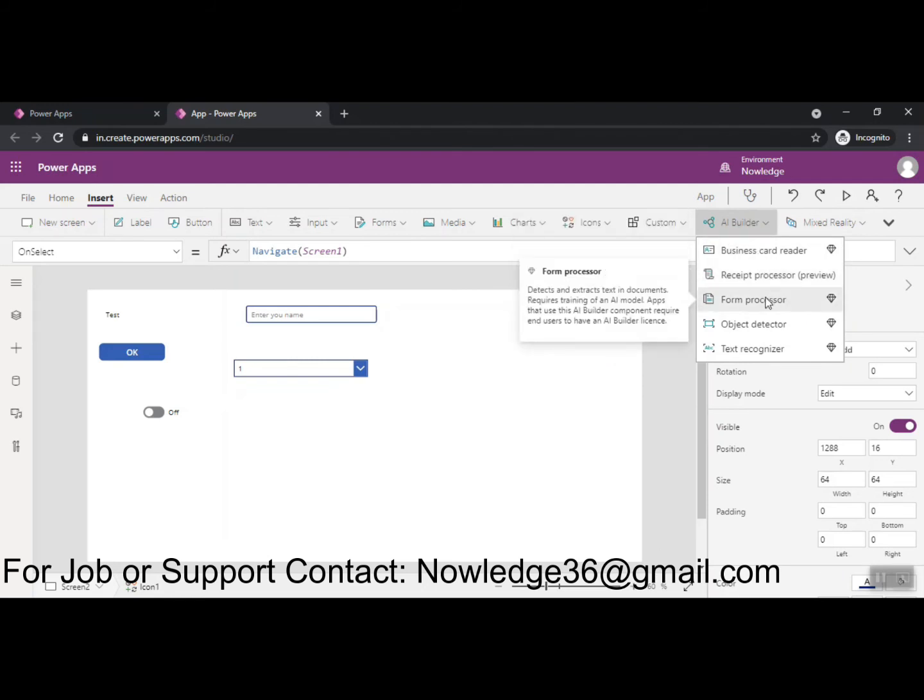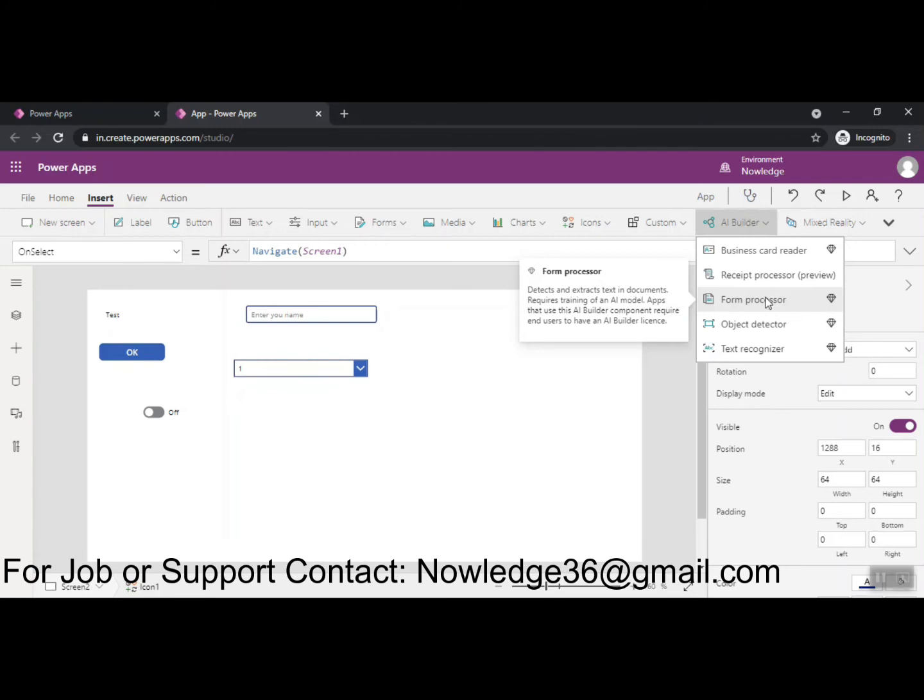For example, detect and extract text in documents requires training of an AI model. If you have thousands of documents and want to extract a particular text, at that time we can use the AI Builder.